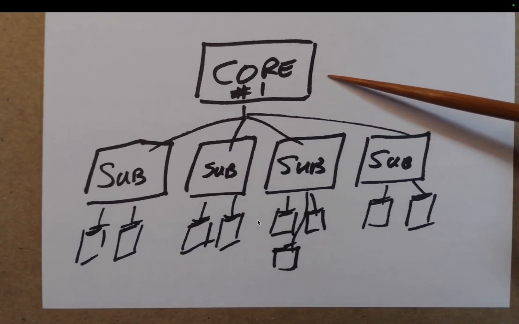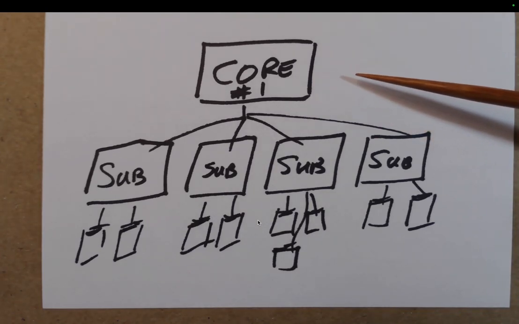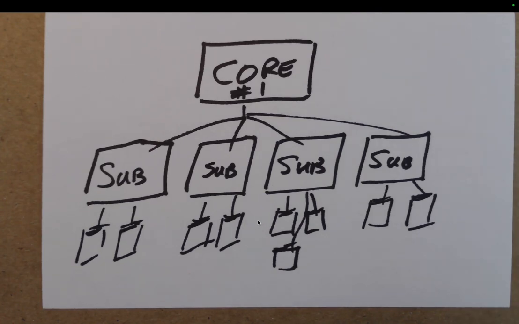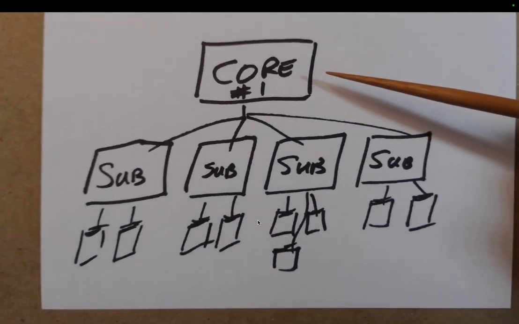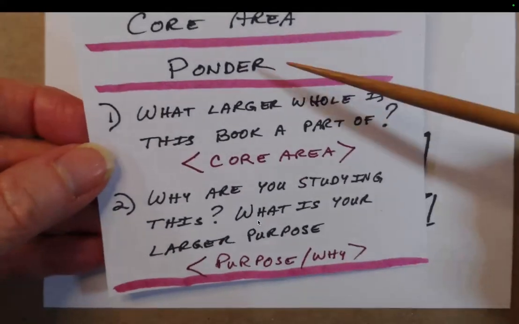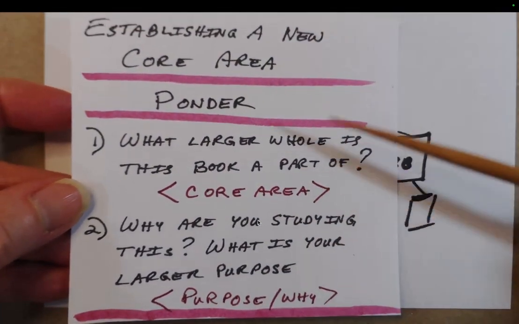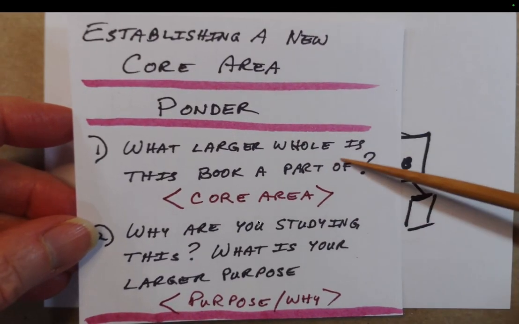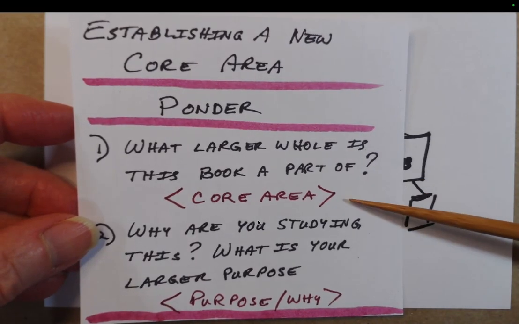come up with 3 books in 3 as far separate areas as they had ahead of them in their coming up reading plan. And then after they chose those 3 books, I asked them to think about and to ponder what was the core area of that book. How, if they went way to the largest whole that that book was a part of,